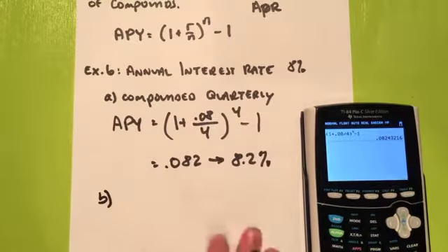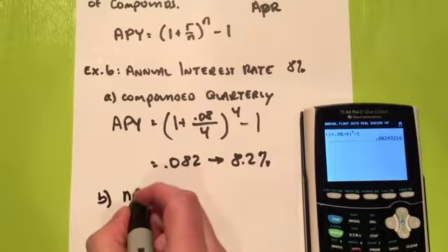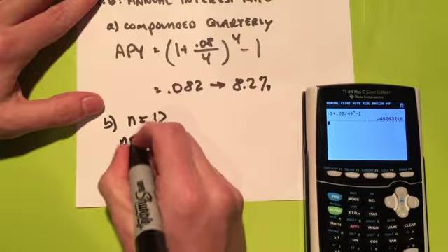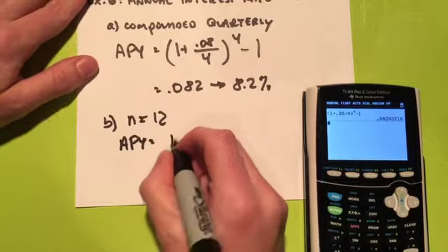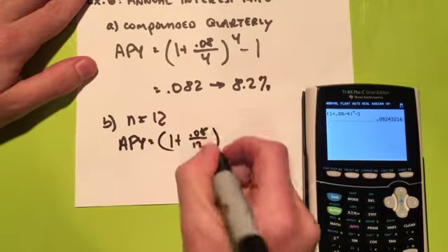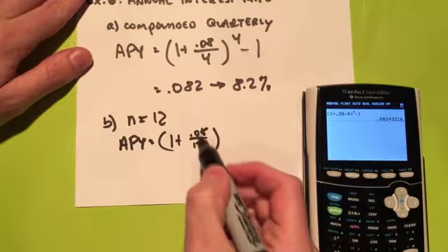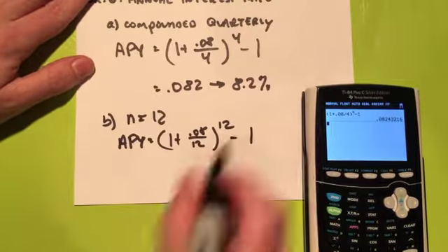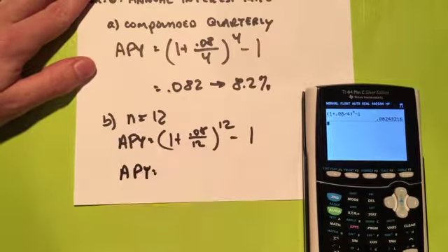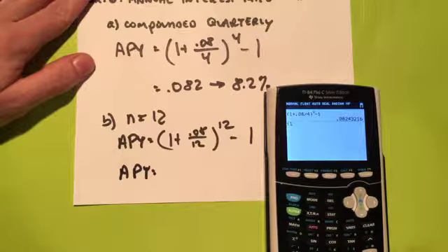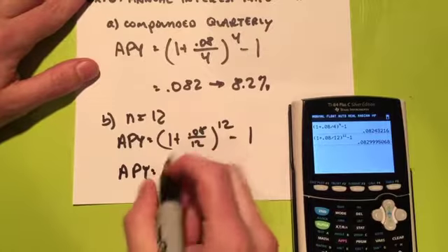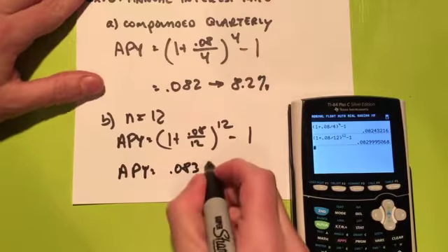Let's do another one. What would happen if this was compounded daily? Let's do monthly instead. I think that's what it is on the notes. So APY, if our account is calculated monthly, 1 plus 0.08 over 12. Now what that's going to do is that percentage becomes smaller because we're dividing it by 12 pieces. But then we raise it to a larger exponent. Our APY on a monthly rate, into the calc, 1 plus 0.08 over 12 raised to the 12, minus 1. We get 0.0829, giving us 0.083,